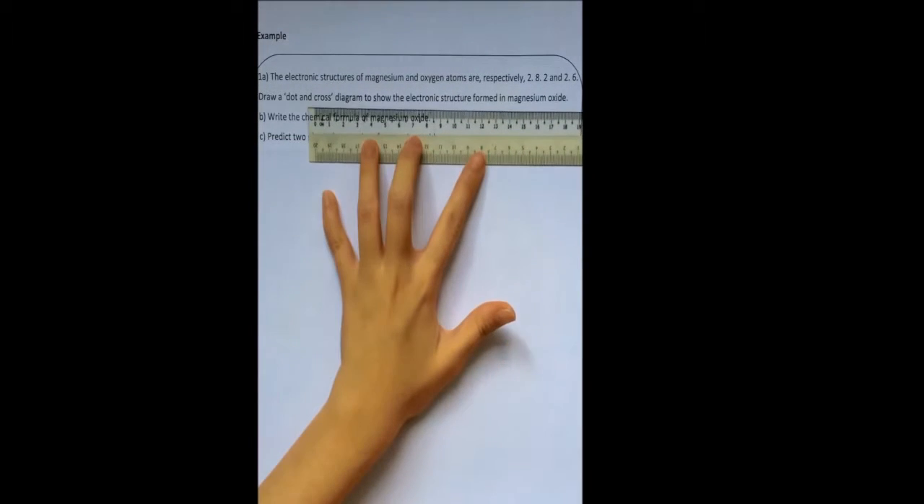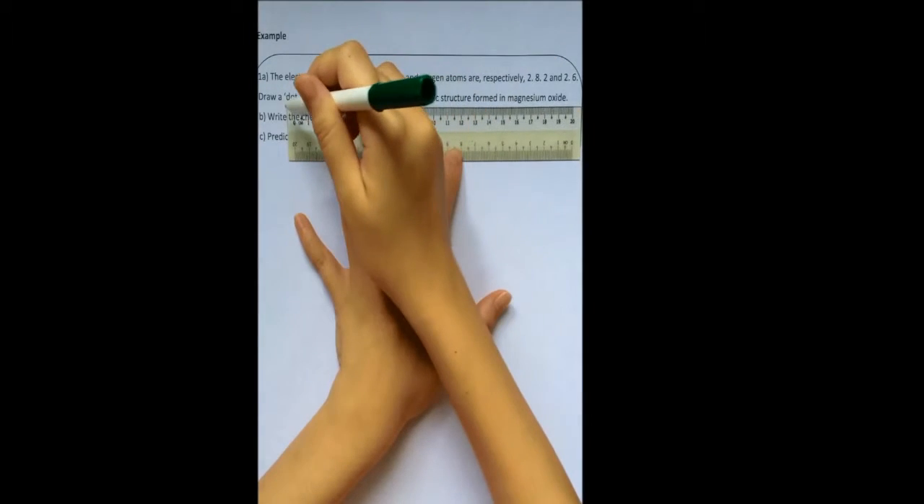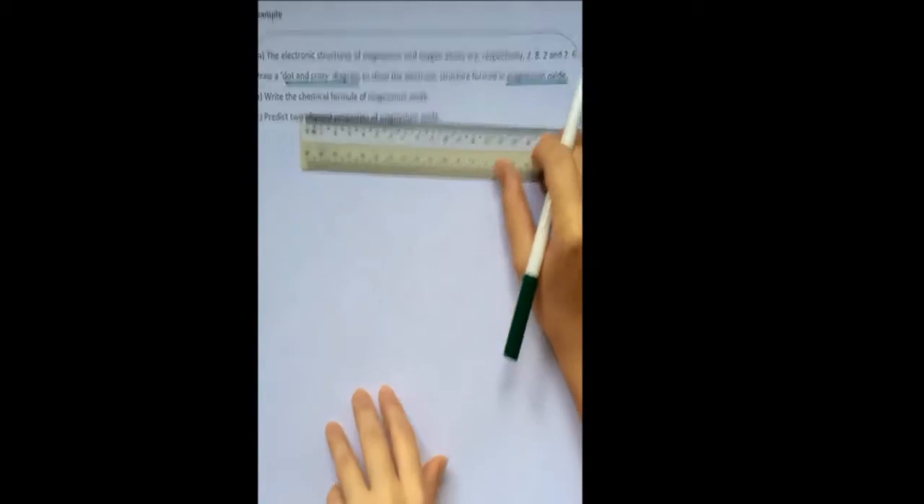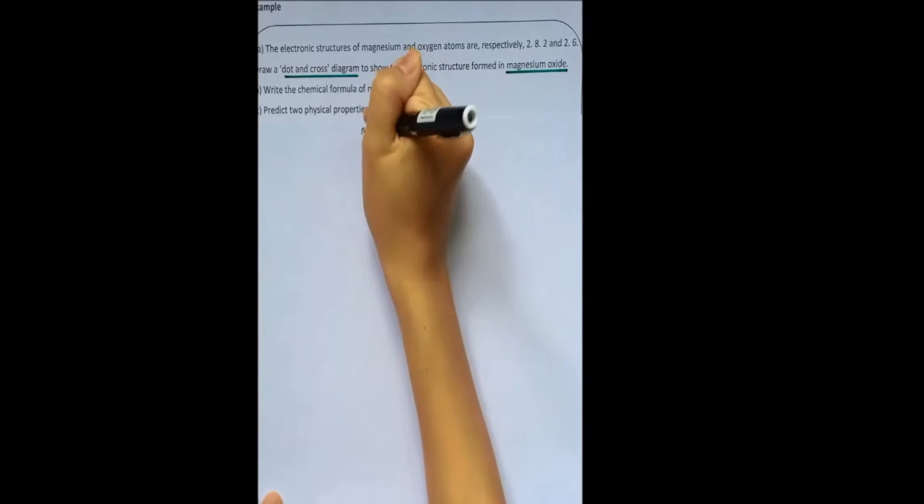Chapter 6, Notes, page 12. There's an example over here. So the answers are in your notes, but we will go through how to do this example. So draw a dot and cross diagram to show magnesium oxide. If you'd like to try it out, you can just take a blank piece of paper, or you can just